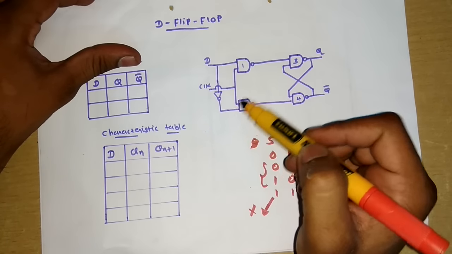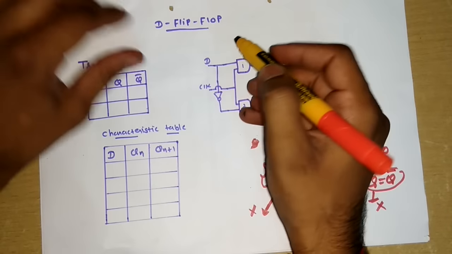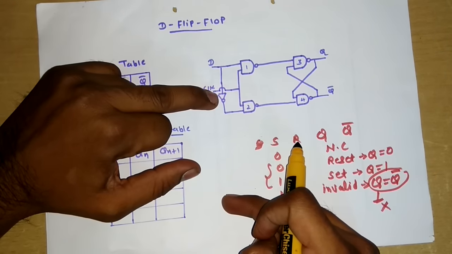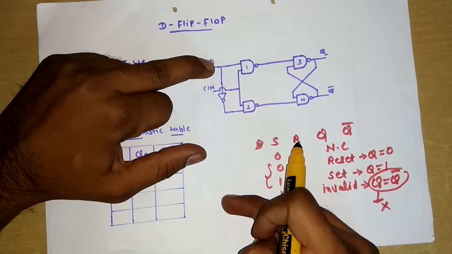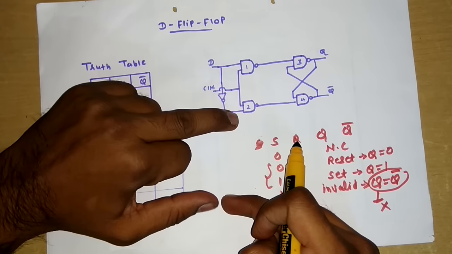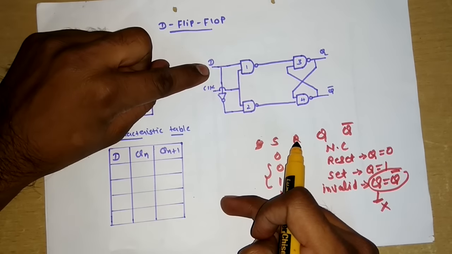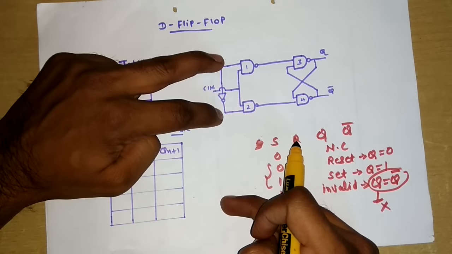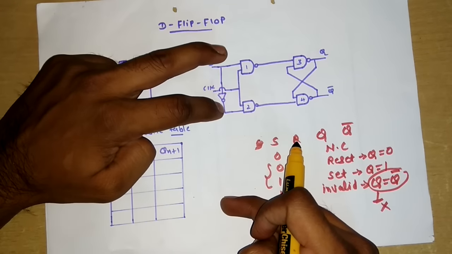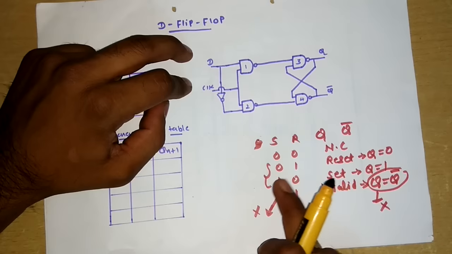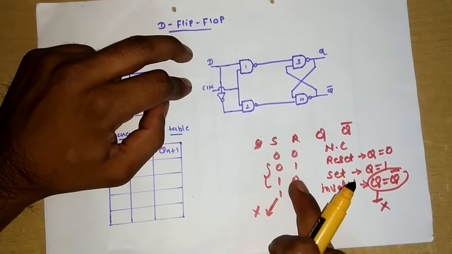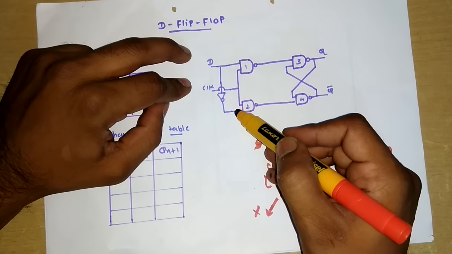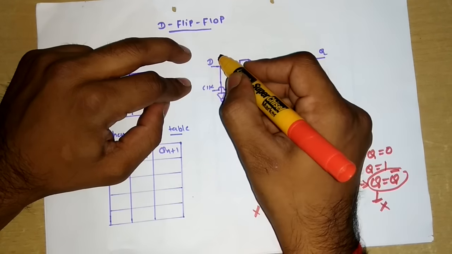In this D flip-flop, what we have done is, with these two inputs, we have connected one inverter. So when you apply D is equal to 0, automatically the other input becomes 1. When you apply D is equal to 1, the other input becomes 0. So always the two inputs of these two NAND gates will be inverse of each other. So these two cases are only possible, either 0 1 or 1 0. If you put 0 here, this becomes 1. If you put 1 here, it becomes 0. Fine. So let us take the case of D is equal to 0.